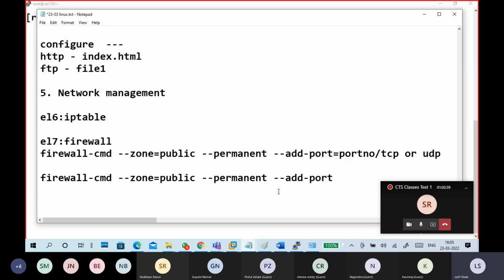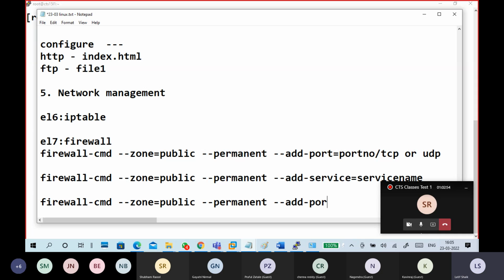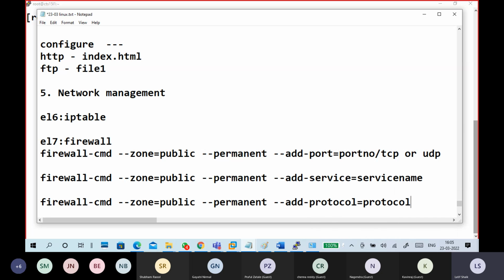I'll give an example: instead of a port number, you can use a service name. Or instead of a port number, just a protocol is also possible. Tell the protocol, what it is blocking.